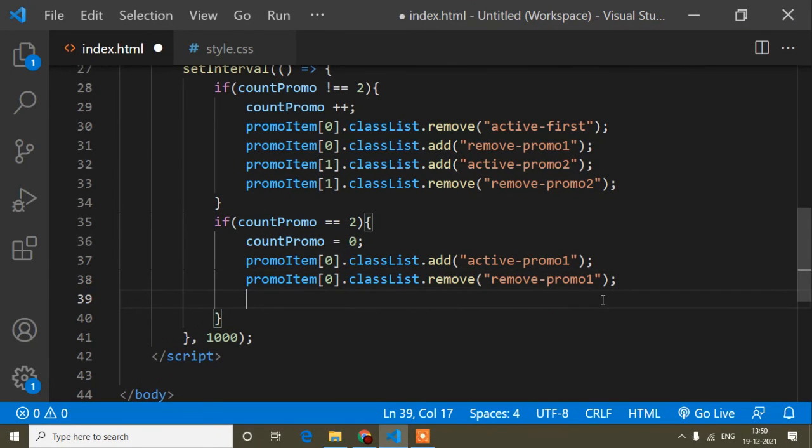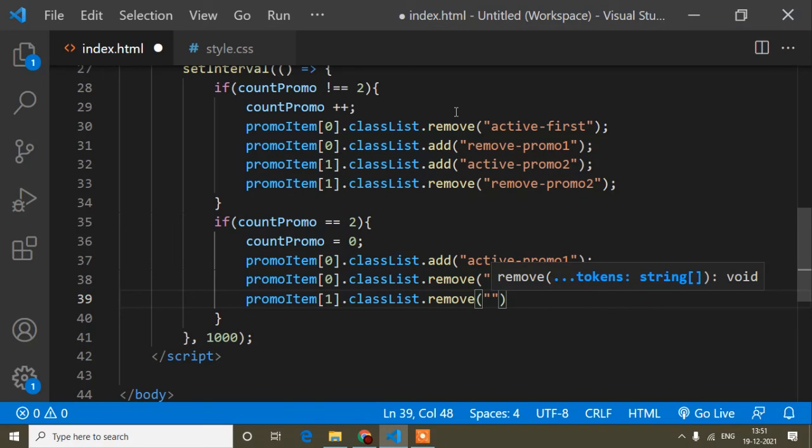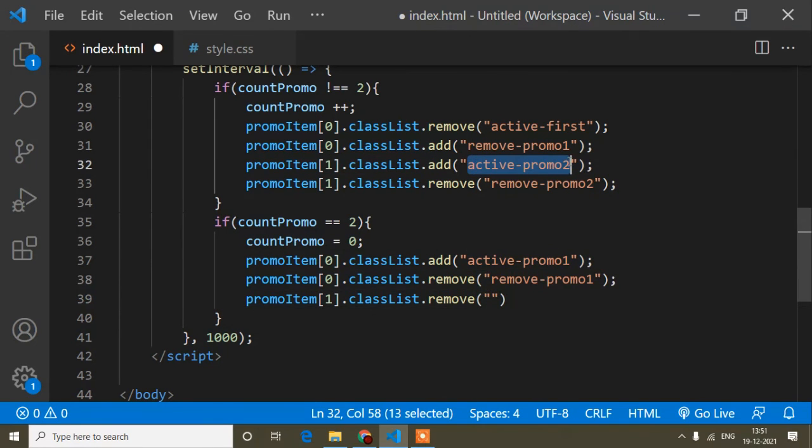So what I will do, promo item 1 dot class list, okay, dot remove this one. Here I had added this class, so now I will remove this class.